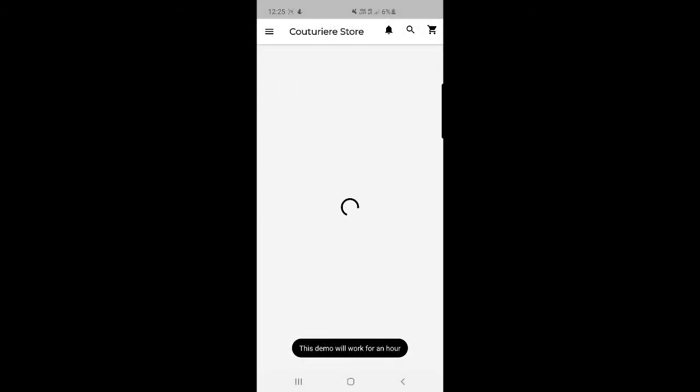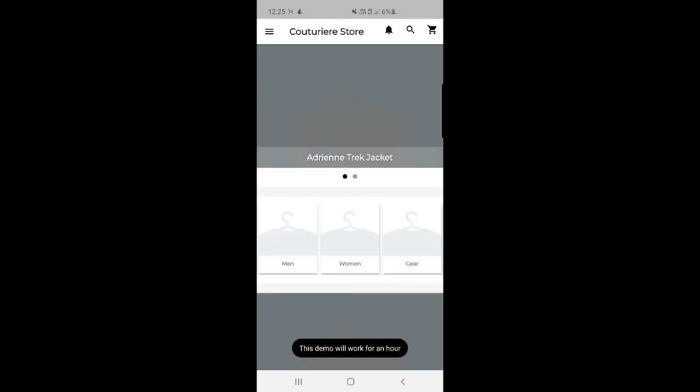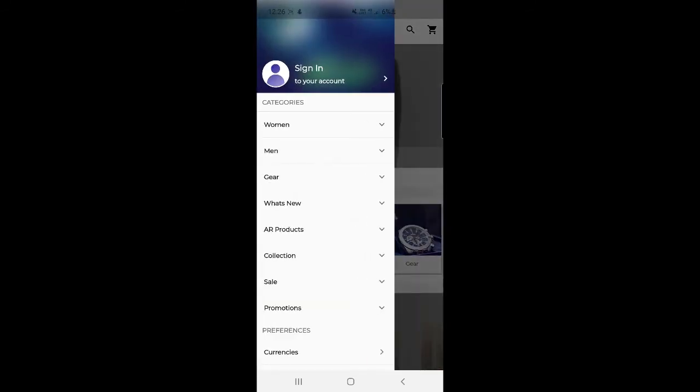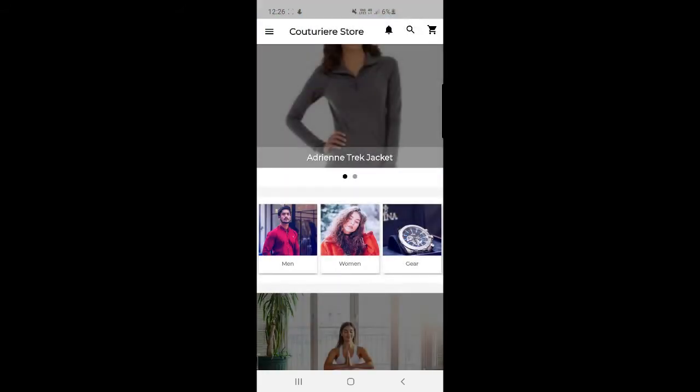And now you can see that our particular store that we have just set up. Now you can see that we have our co-chair store, and from the three horizontal lines on the top left hand corner, I can check our categories. I'll show you how we can set up the categories on the back end of the store. But before that, you can see that we have the home page,